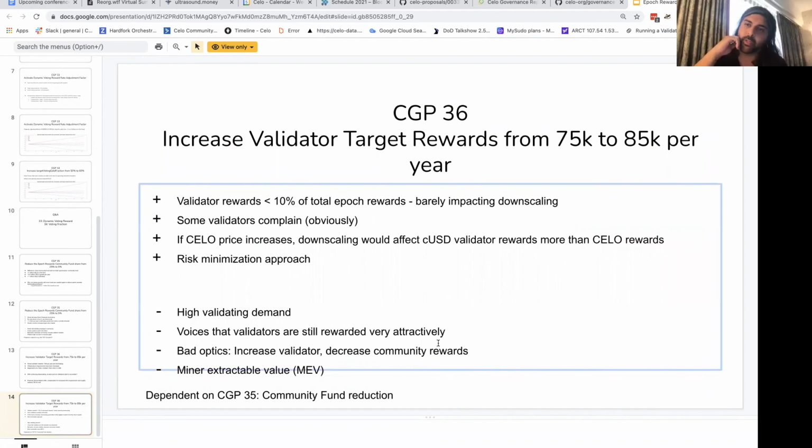I would be against bundling because they're two separate proposals, even if they have an impact on each other. Two different proposals have two different impacts on the network, even though they're tied in, like one is dependent on the other. From a proposal point of view, one solves a different problem than the other. But if you don't like the bundling, you can just vote no and propose the unbundled ones. Yes, but by creating a bundle, you're incentivizing validators to say yes at the cost of the community, and that's really bad optics.